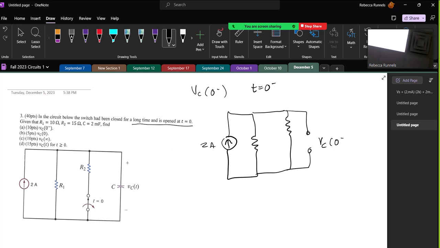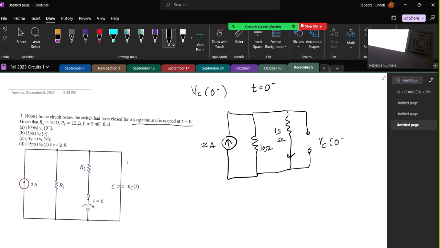I said I would do it the way the solutions are doing it, but I would have done current division, and I'll do it both ways. There's not that one way is right and one way is wrong. You just get used to doing it your own way. So current division would tell me that my current through